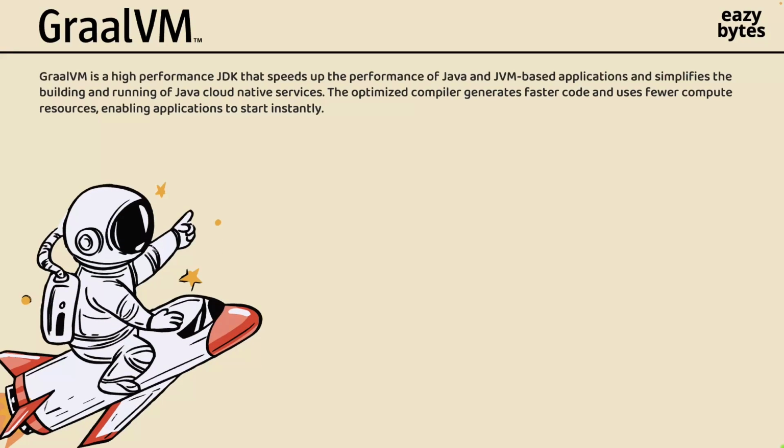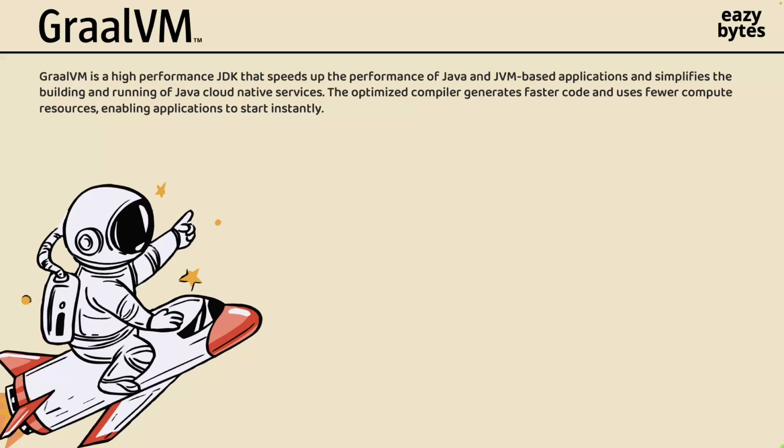GraalVM is a special JDK built by the Oracle team based upon their 10 years of research. They started this GraalVM project internally around 2011, so it's more than 10 years. Based upon this research, they have built a new JDK, and with the help of this high performance JDK, we can build Java based applications or cloud native applications that can run fast and require few compute resources, and most importantly, these applications can start